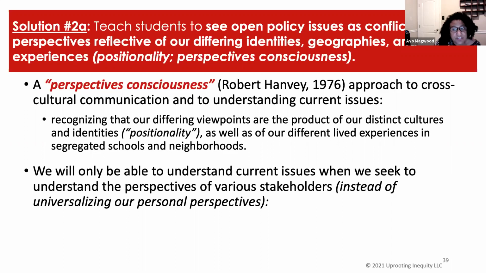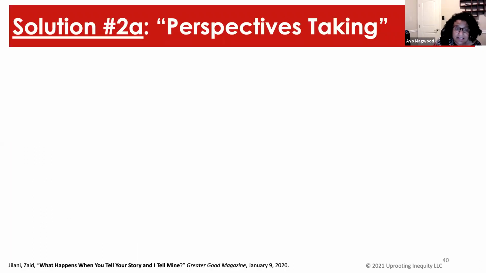So when my mother mentioned this to my white grandmother, she said, "Oh no, that's impossible. I lived there for 20 years. They're so nice. Everyone there's so nice and so non-racist." This is an example of positionality. If she's white, how would she know whether they're racist or not, right? She's not going to observe racism, right? So this is what happens when you don't have a perspectives consciousness, and this is why it's so important to have this consciousness.